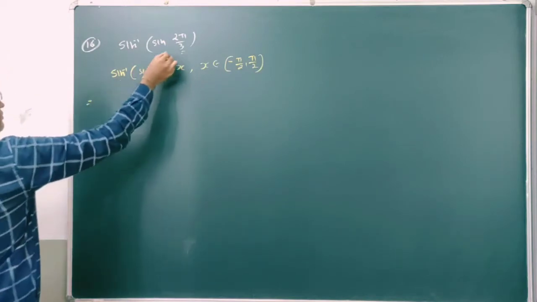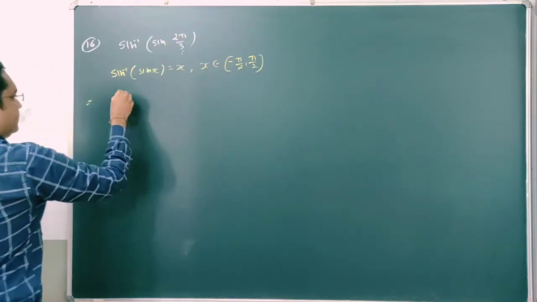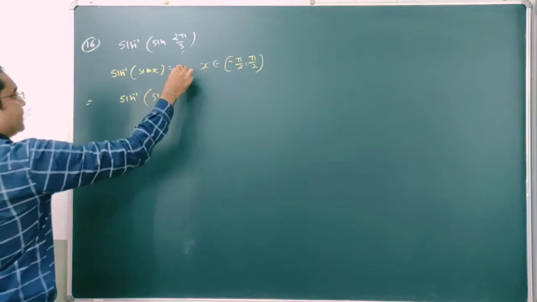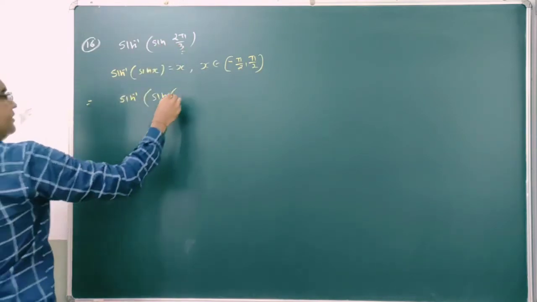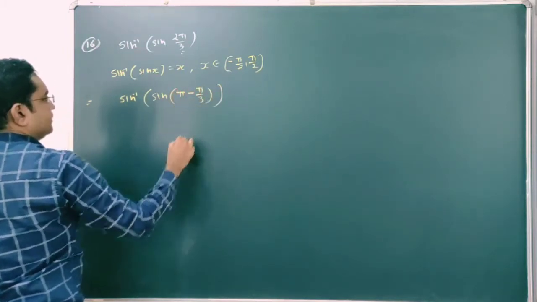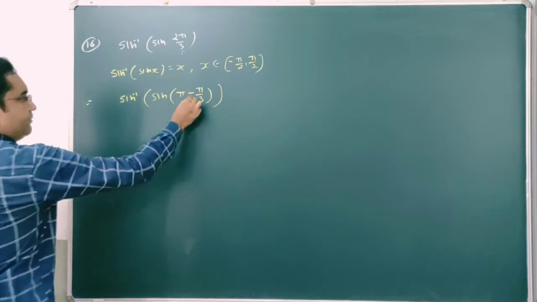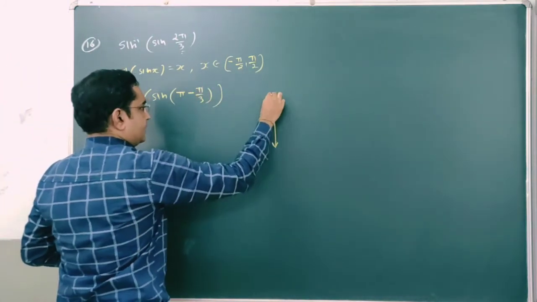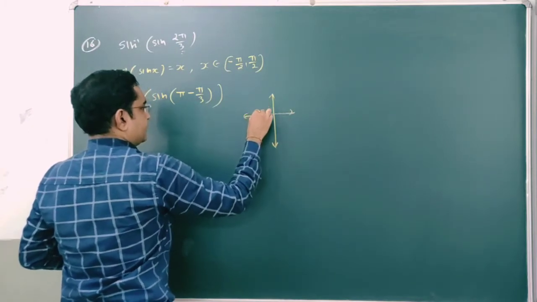So first we have to transform this angle in this interval. ये सारे sums हमने कर दिए हैं. It's a sin inverse sine. Now transforming this 2 pi by 3 as a pi minus pi by 3. Check it. Pi minus pi by 3, 3 pi minus pi, 2 pi by 3. What is pi minus pi by 3? Pi minus pi by 3, है ना, will lie in this second quadrant.